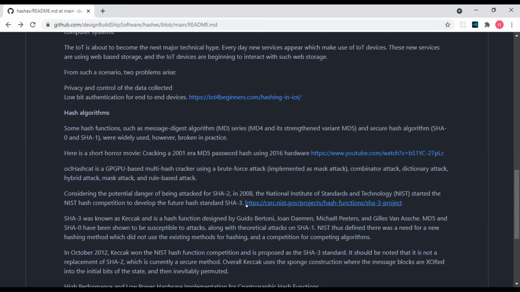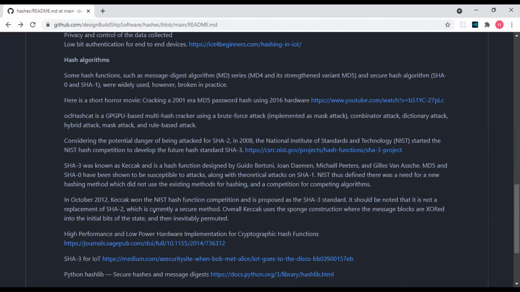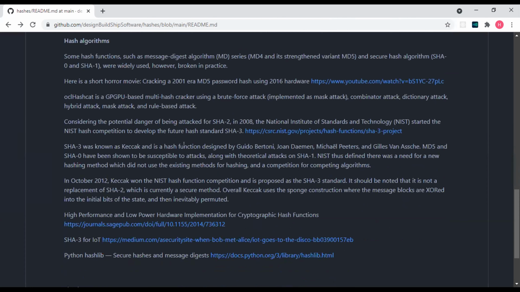So SHA-2 is not secure anymore. NIST started a competition to develop the hash standard SHA-3, and the competition is over, and the winner is